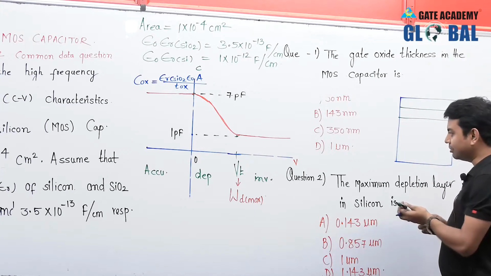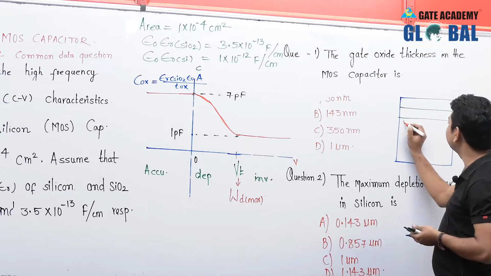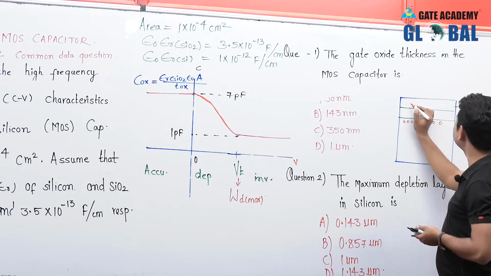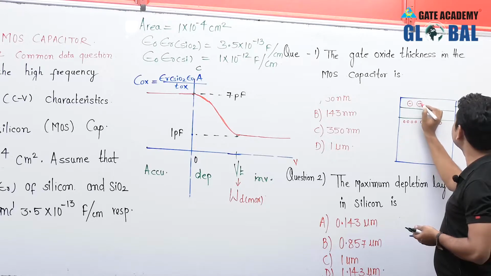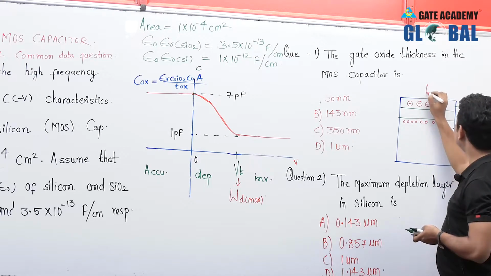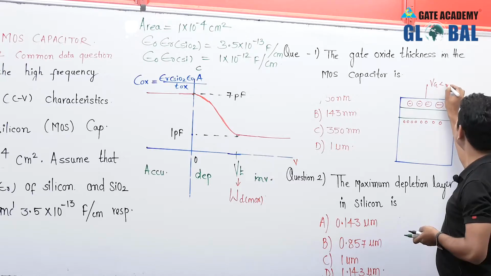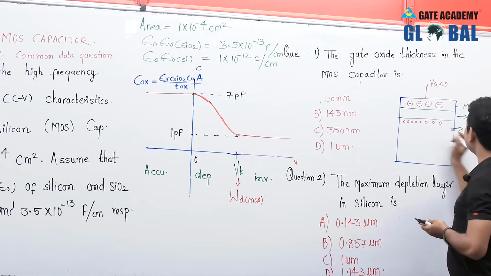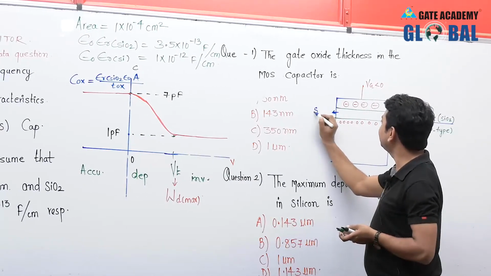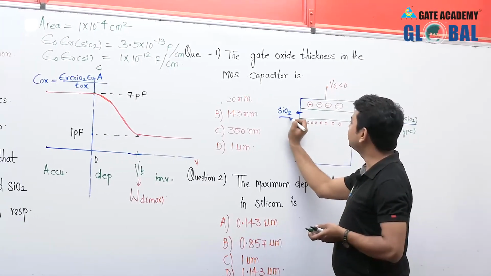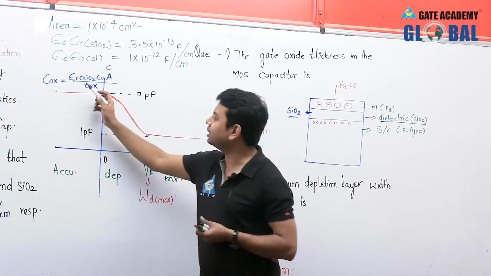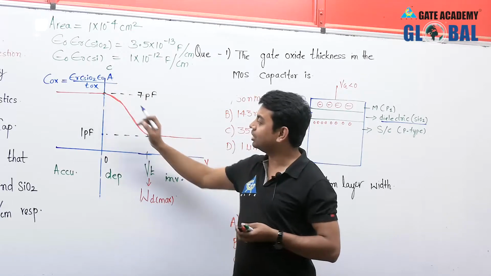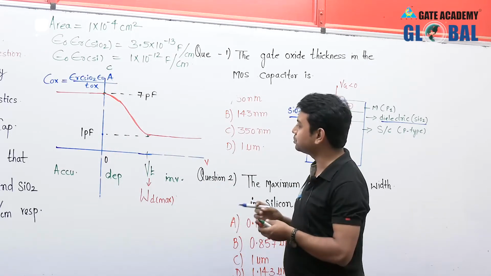In the first region, we have holes here. These are the holes which are present, and these are the negative charges which are present on the metal side, when the gate voltage is less than 0, and the dielectric medium in between these two is silicon dioxide. So the capacitance is epsilon silicon dioxide times epsilon naught, A divided by Tox. This is the formula or expression of capacitance.